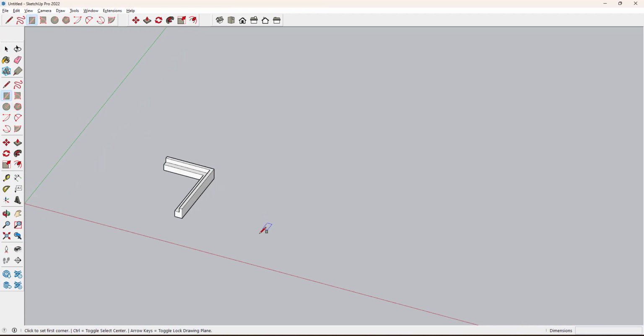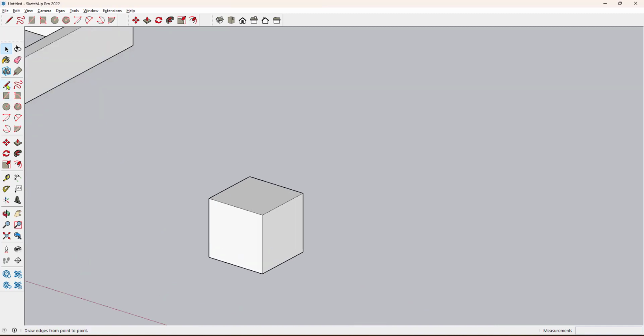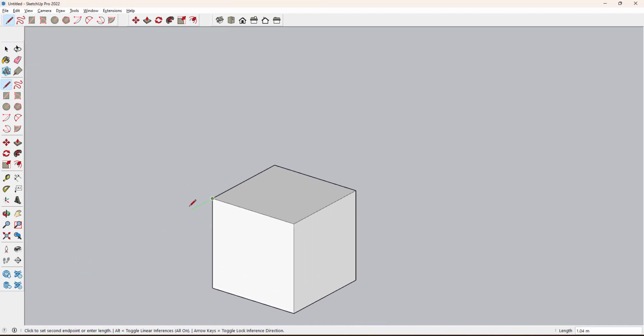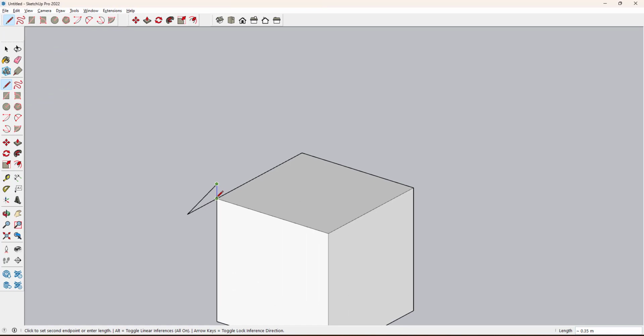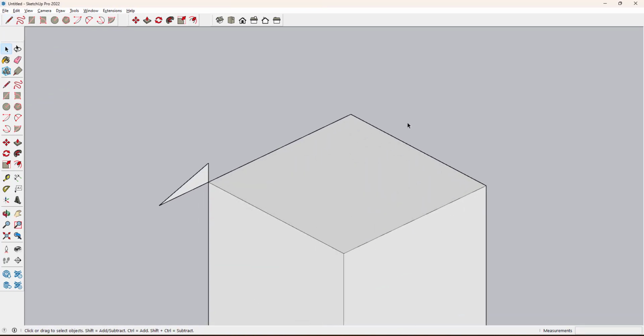We normally use this. For example, I have a room about 3 by 3 and push it about 3. So this is the home we have, and for this I just want to take a roof projection. So this is the shape I want to carry throughout the path. This is the path I am selecting. By pressing Ctrl you can select multiple lines. This is the path, and then take the Follow Me tool